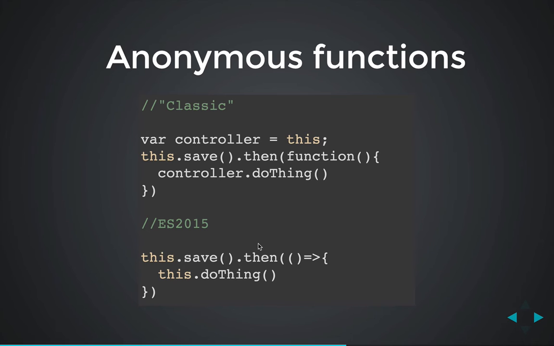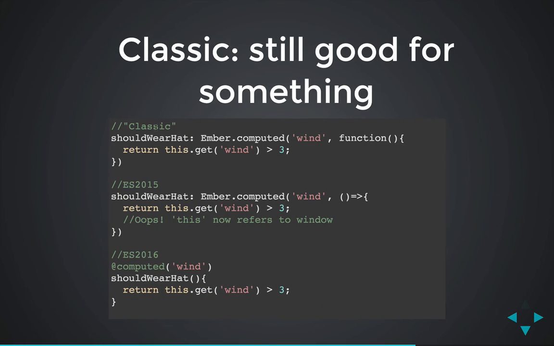entering that scope. There are still some uses for the classic function keyword. An example is when we don't want to keep the scope, when we want to change the scope. For example, when we're using Ember.computed, we need the function keyword rather than the fat arrow, because if we use the fat arrow, through some interaction with how Ember works, it now refers to the window rather than the Ember class around it. So here, this will get an error, or it will get null because there's no wind on